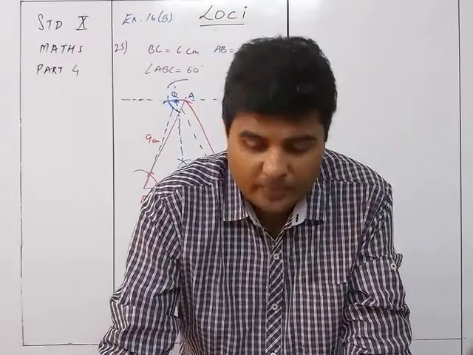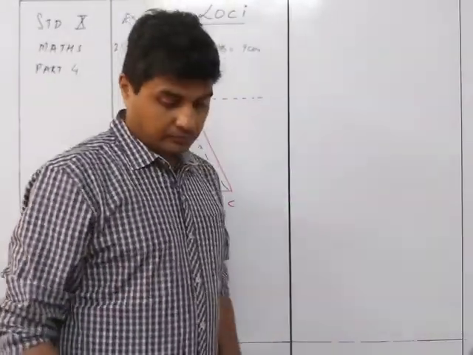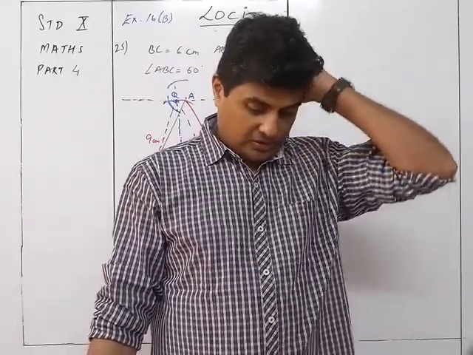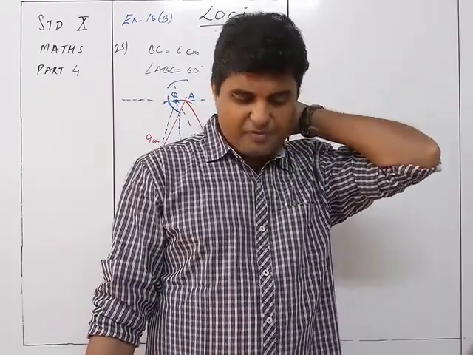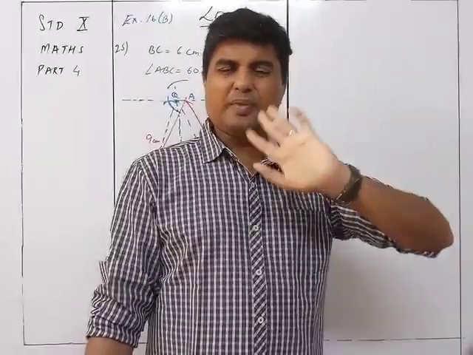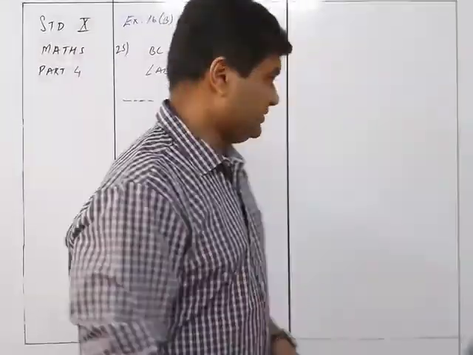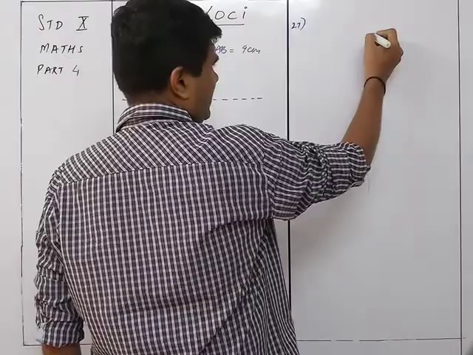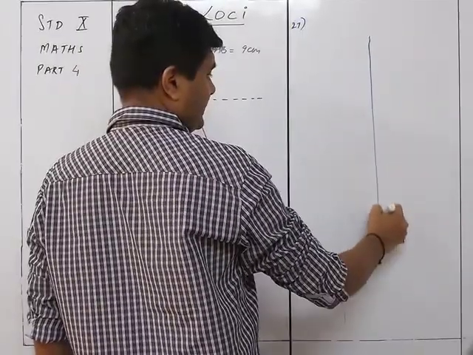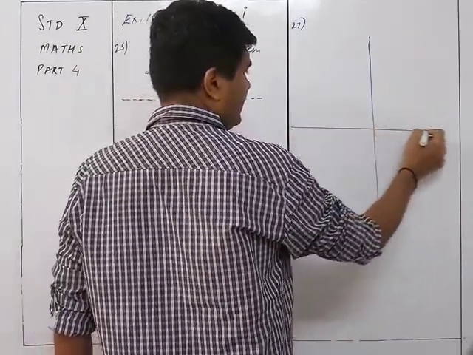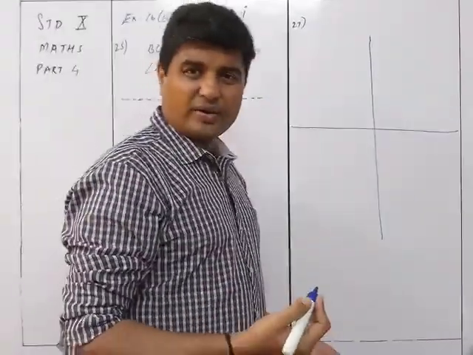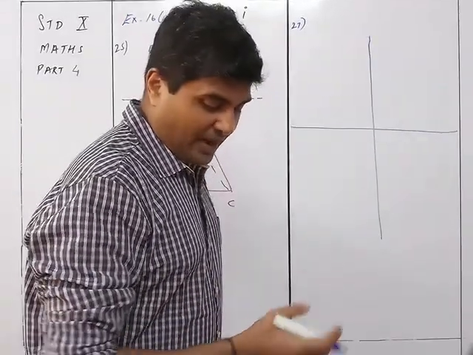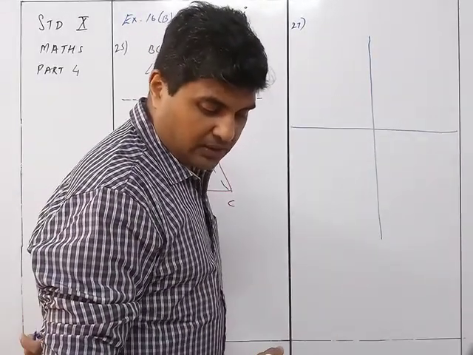We now move on to question number 27. Use graph paper for the question. Take points. Okay. Fine. We don't take graph paper right now. We just make a graph paper layout ourselves. You can take a graph paper, not an issue as such. I don't like to waste graph paper right now, and neither do I want you to use graph paper for a sum and then wonder where to keep it, what to do with it, how to attach it. I feel it is quite awkward, so that's why I normally ask you to draw over here directly like this.